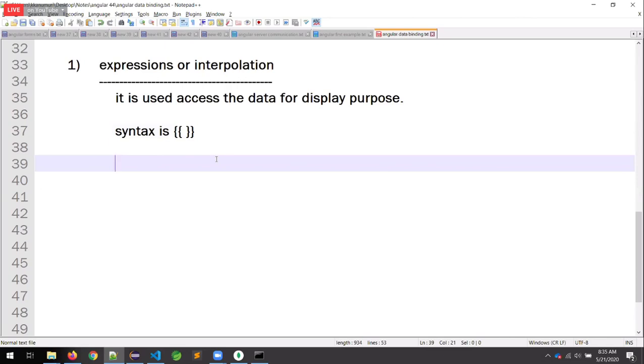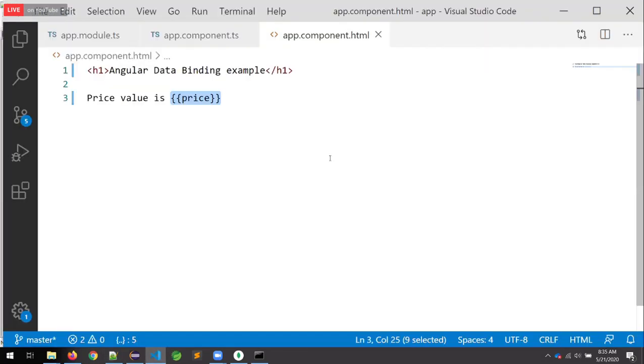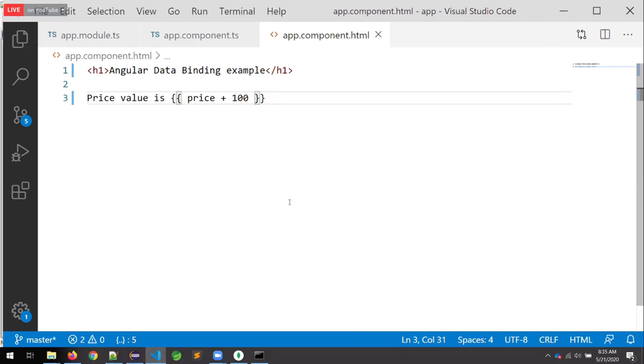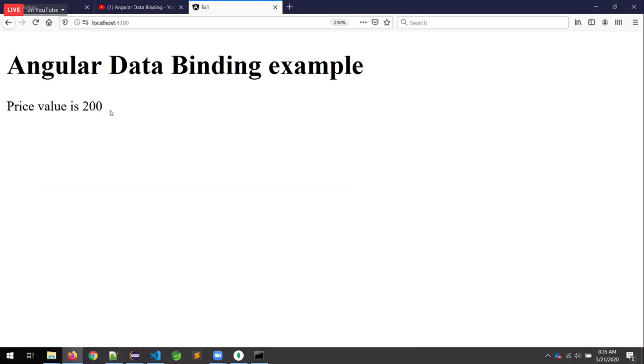In the expressions, you can do the operations also. Let me show you that. Now observe price. You can do the dynamic calculations also. 100. Based on your needs. Observe, what is the value it is displaying? 200.